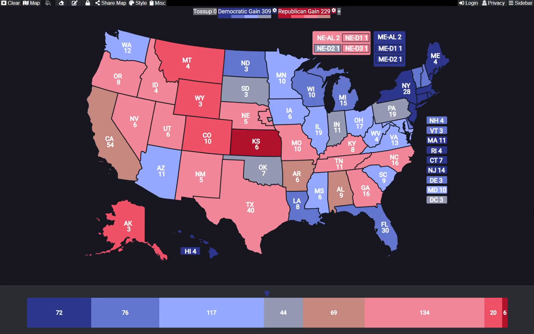And as for any takeaways from this map, I think it's all over the place. There's states we consider to be blue today that shifted toward the Republicans. There's states we consider to be red today that shifted toward the Democrats. This was a long time ago, sort of a different era in a lot of these states. Some of them were discovering a new political identity and having their own realignment. But it is clear that Bill Clinton did much stronger in the Northeast, in New England there. A lot of dark blue in that part of the country. The Republican, Bob Dole, does seem to have done better in the West, but again, those shifts are much smaller.